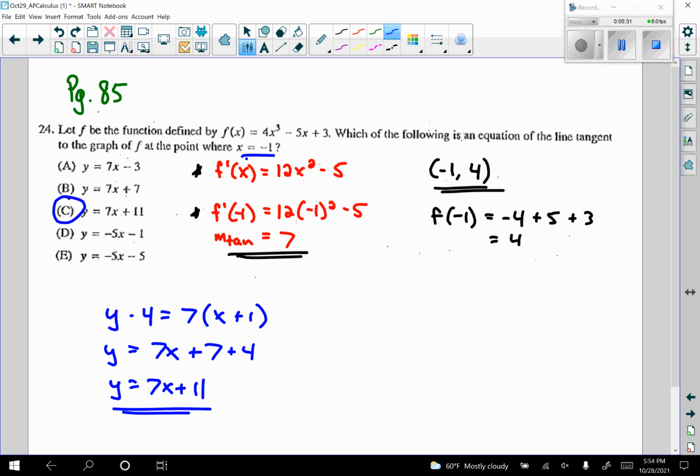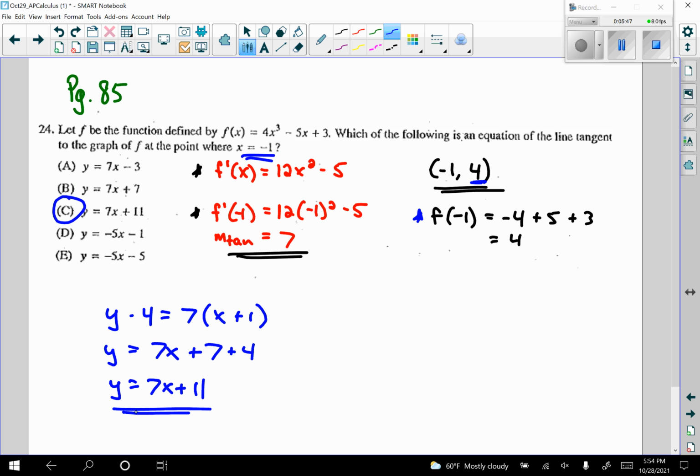Next, we have the x value. We need to find the y value, which turns out to be 4, so we need to calculate f of -1, which gives us 4. And then I use point slope form again to write the equation, and then that turns out to be